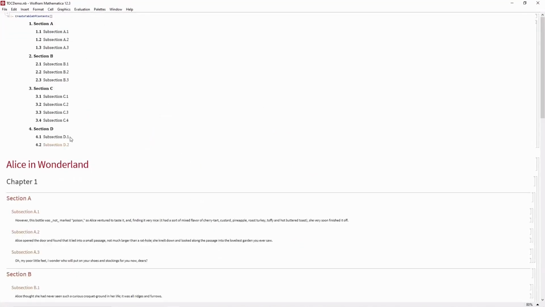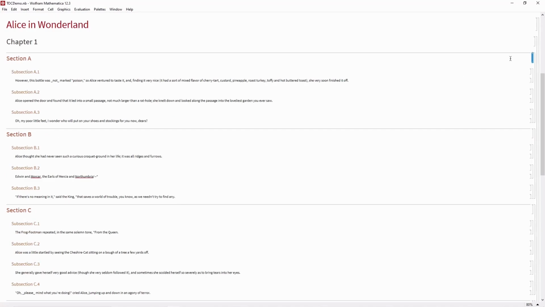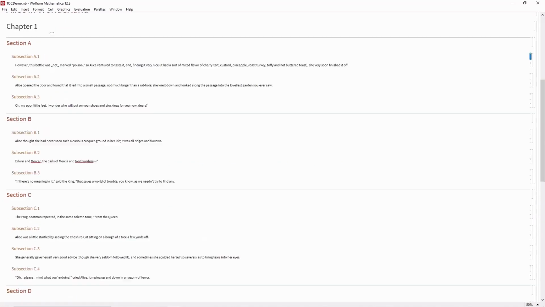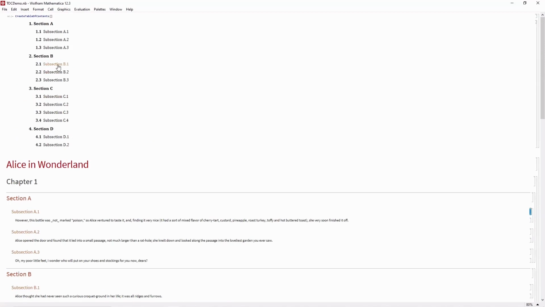Similarly, I have certain sections and subsections in this notebook as well, and as I click on a certain heading in my table of contents, it would take me to that particular section. Similarly, I can go to a subsection as well. Table of contents comes with certain options such as modifying the appearance of these cell styles, skipping certain sections in case you don't want any numbering for these sections, etc.